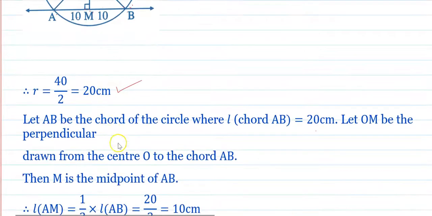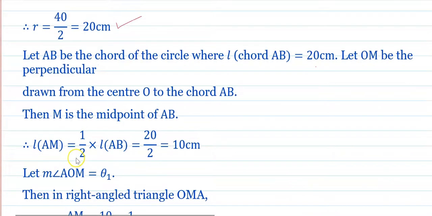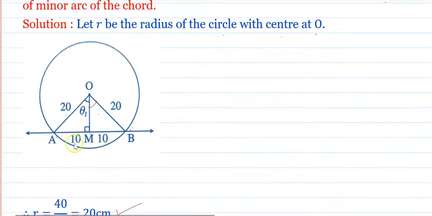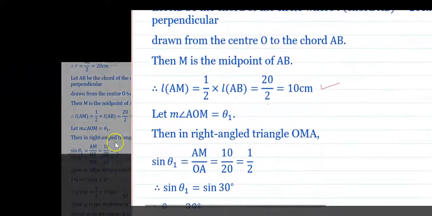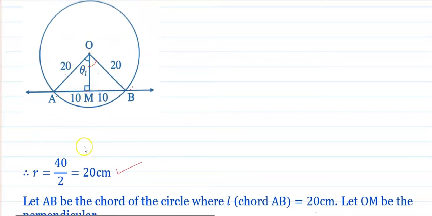Let OM be the perpendicular drawn from the center O to the chord AB. Then M is the midpoint of AB. AM is equal to 1 upon 2 length of AB, that is equal to 20 upon 2, 10 centimeter. Let the measure of angle AOM be theta 1. Then in a right angle triangle OMA,